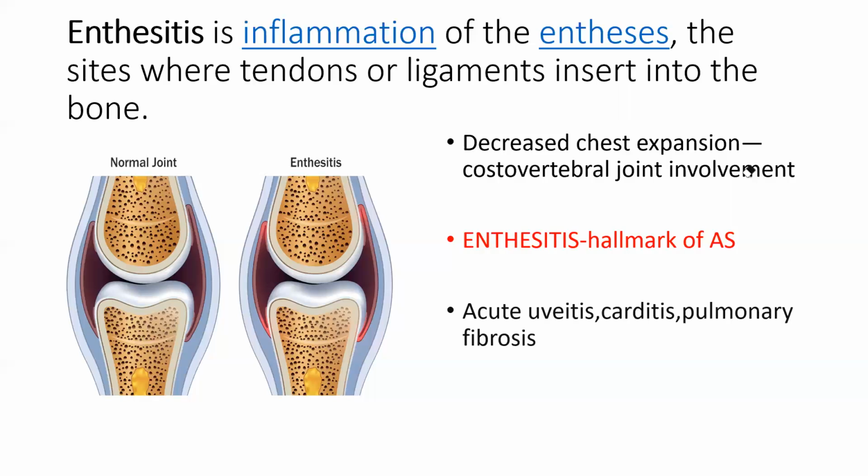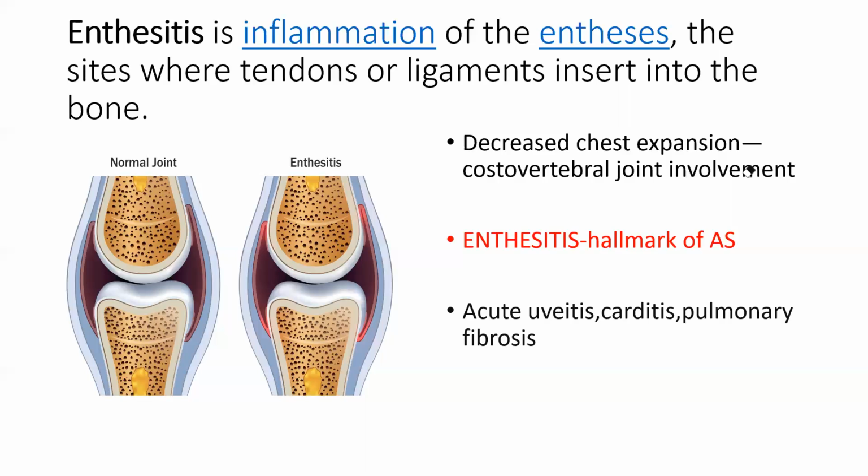क्यों? Because there is a vertebral involvement also. क्योंकि वहाँ पे vertebra होता है पीछे के side में chest expansion में help करता है. So because of the fusion of the costovertebral joint. So ribs जहाँ भी attach होता है vertebra से, that joint is known as costovertebral joint. So costovertebral joint fuse हो जाता है. Because of the fusion, it decreases the chest expansion. Then there is a pulmonary fibrosis. So pulmonary fibrosis हो जाएगा तो lung का expansion नहीं हो पाएगा.